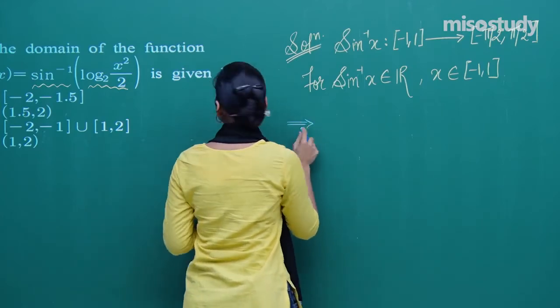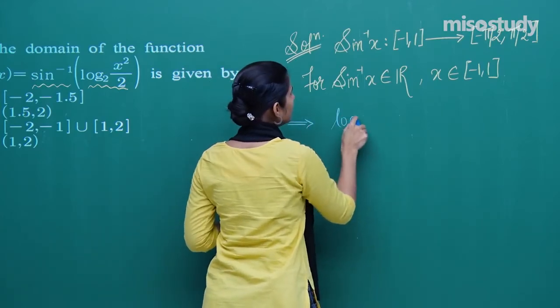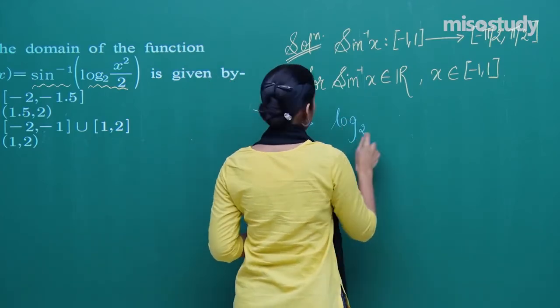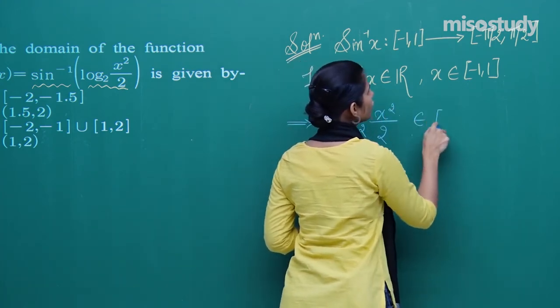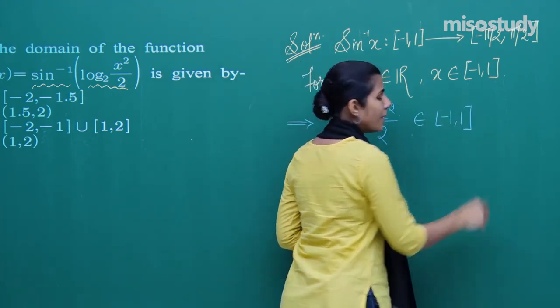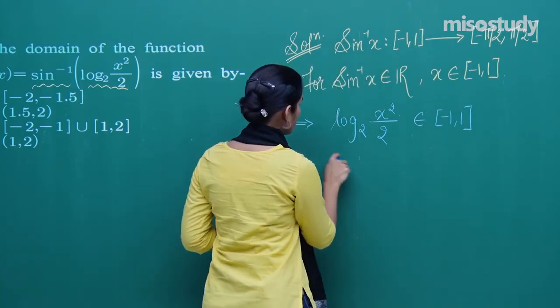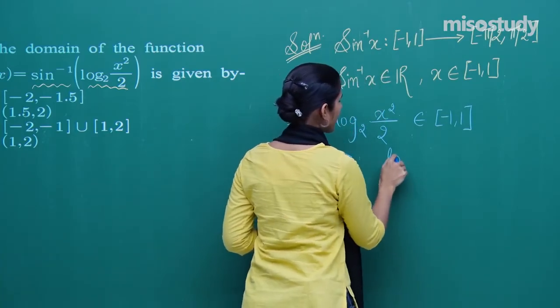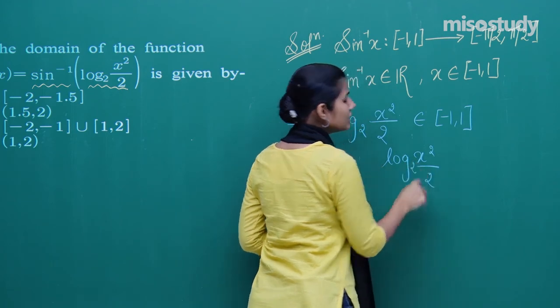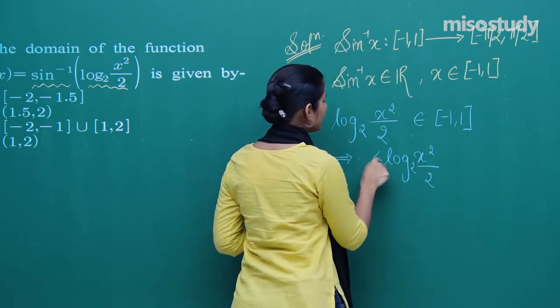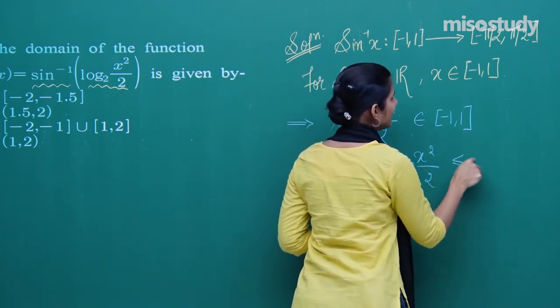So this implies log to the base 2 of x square by 2 should come from [-1, 1], which implies